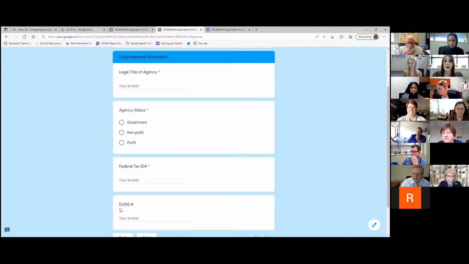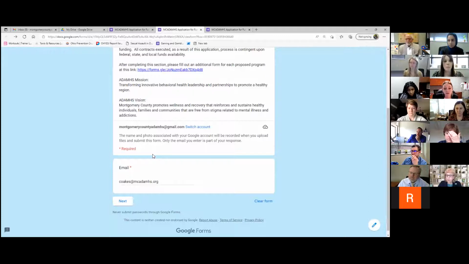We have it set up automatically. Whoever puts their email address in, so like I just put mine in there, you will get a response sent to your email. So to ensure that it is submitted, you should get an email that has your responses there. If you do not get that email, then something did not go through on the submission. You can also, we got a question this morning, like, can we email you and just make sure that that's all there? Absolutely. If you want to double check, you can do that for us. Thank you.